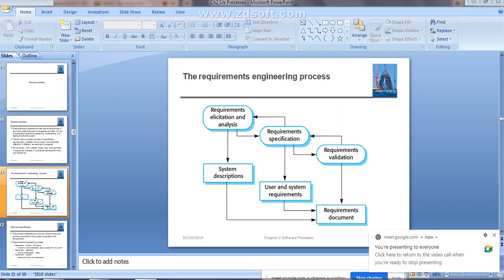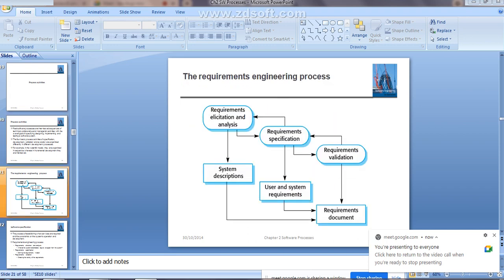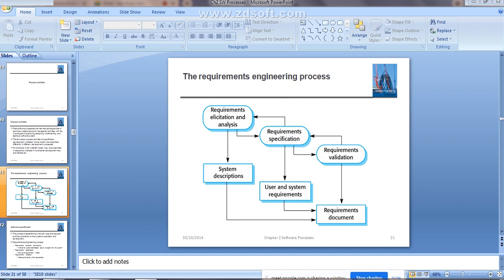Clear? Okay. Next we will start with the first software process activity, that is software specification. See, software specification, you can also call it the requirement engineering process. Both are one and the same. What exactly does software specification indicate? As already discussed at the start of this unit itself, what exactly is software specification? What are you going to do here? What is it going to define?